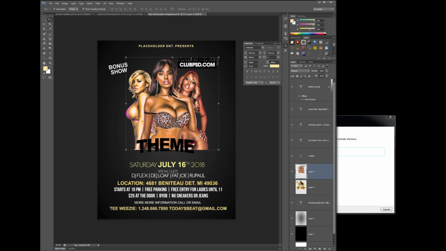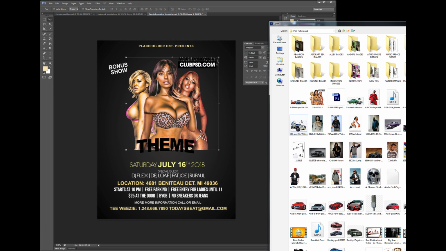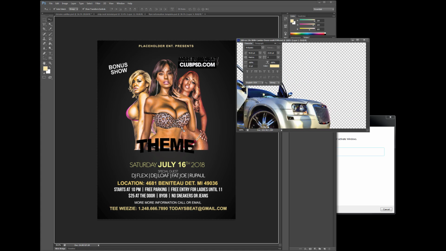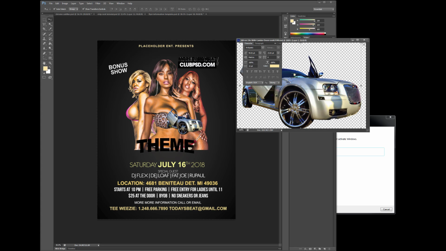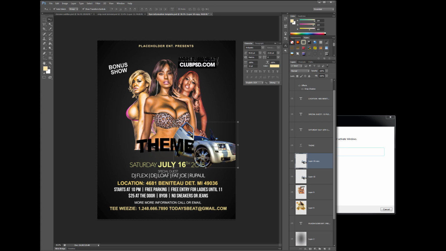It's almost done. Flyer almost done. What else can we add in there? A few disco balls, a car. Add a car in there. You know what I'm saying? Boom. Where they going? To the club, of course. Be there, be square, you know, and make another one, swap it around, face it that direction,